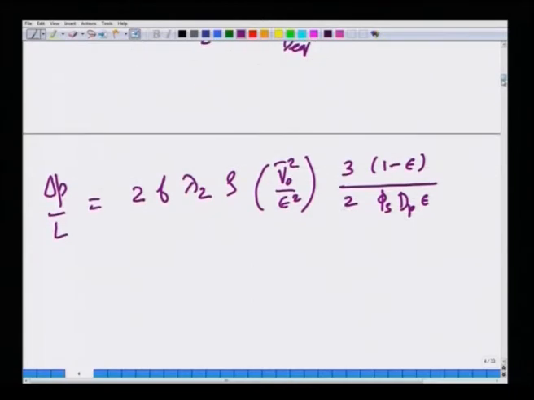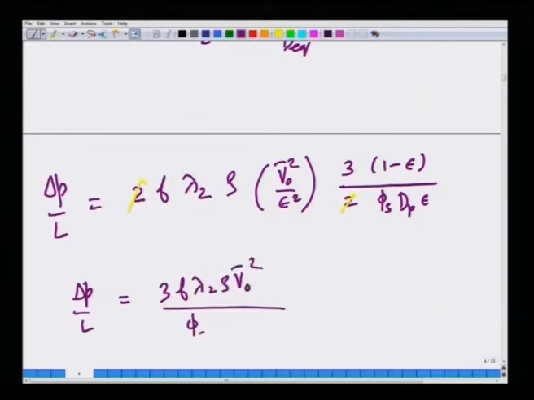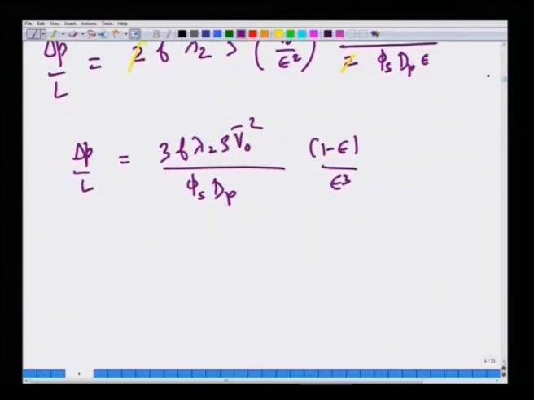So, after simplifying, I will cancel this 2 with this 2, and delta P by L is nothing but 3 f lambda 2 rho V naught squared by phi s dp times 1 minus epsilon by epsilon cube. I am not saying whether it is high Reynolds number or anything, but I am writing delta P by L in terms of the friction factor. Now, I am going to argue that at very high Reynolds numbers, of the order of 5000 or so,